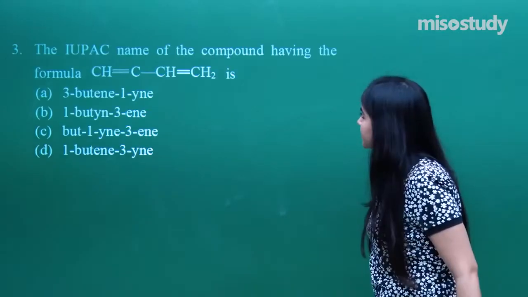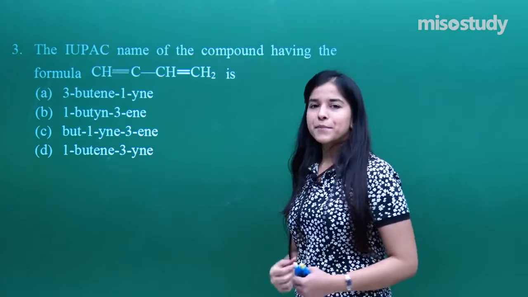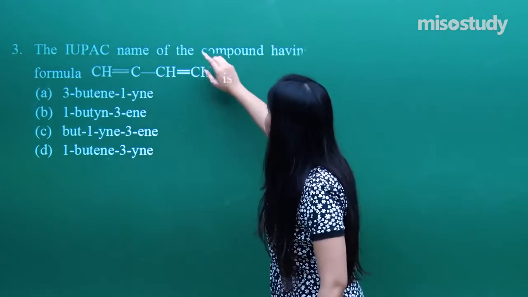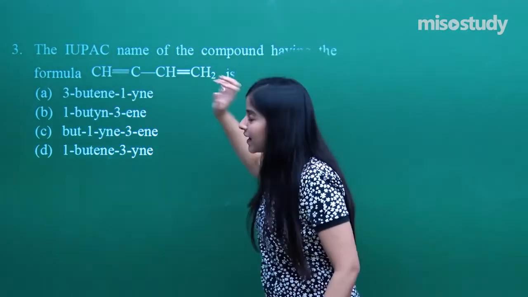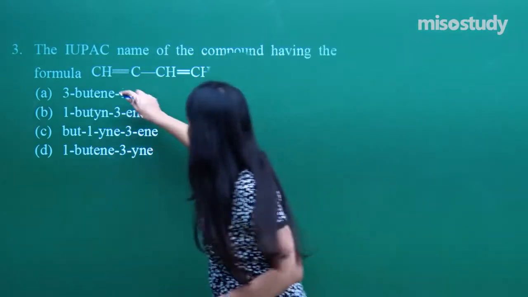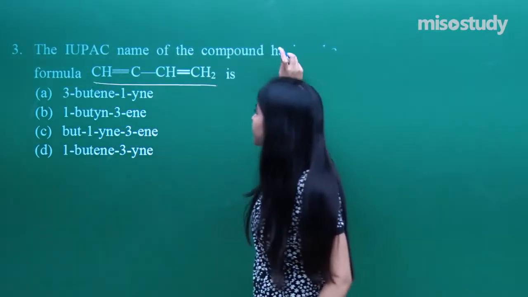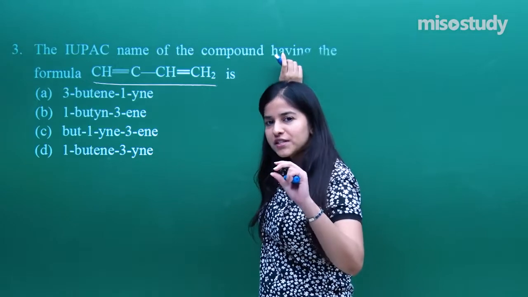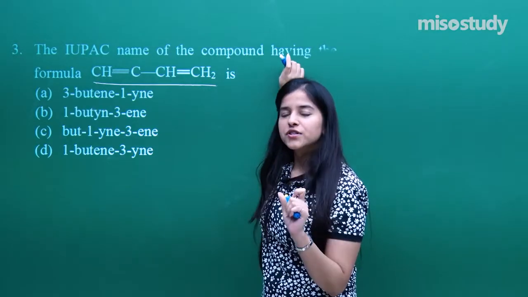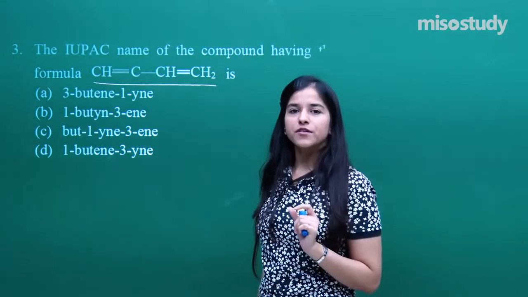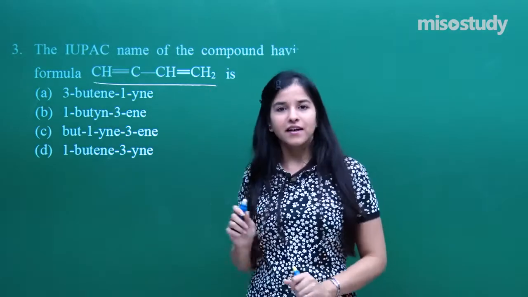Now let's move on to the next question. What do we have next? A very simple question. The IUPAC name of the compound, I need to assign the IUPAC naming again. These questions seem to be very interesting. You just need to have one preference order remembered, and you get the answer.